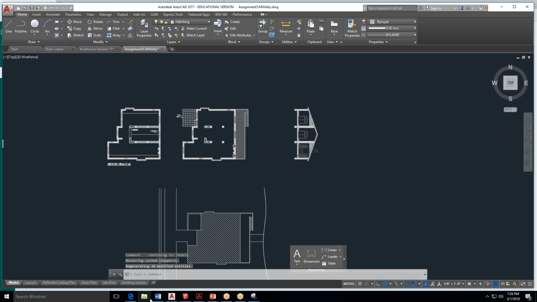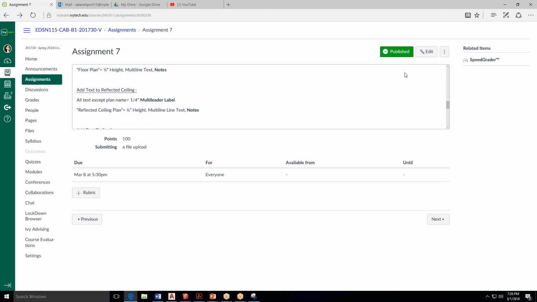All right, so that's your homework. In Professor King's class, you're doing kitchen elevations. So not people who are only in 115, you can just ignore that. But because you're doing that,